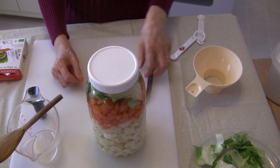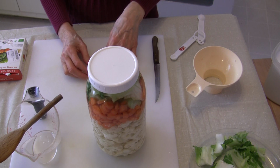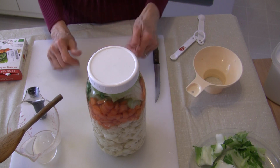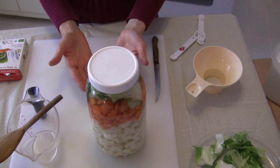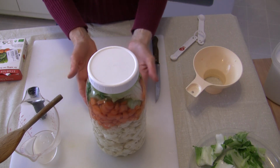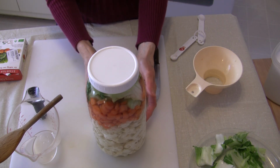And what you want to do is put this in a place where it will be left alone and cool, not in a warm environment, but a cool environment. So maybe away from the stove for sure. Put it in a bowl and maybe put even a cloth underneath of it, because as this starts to ferment,